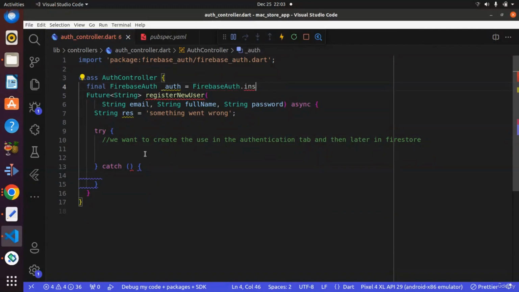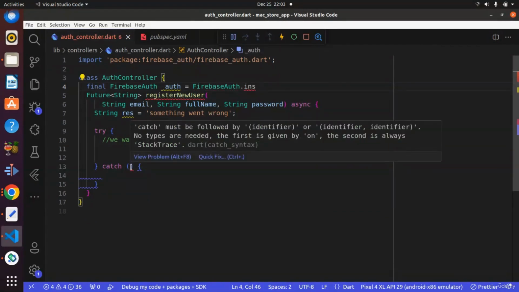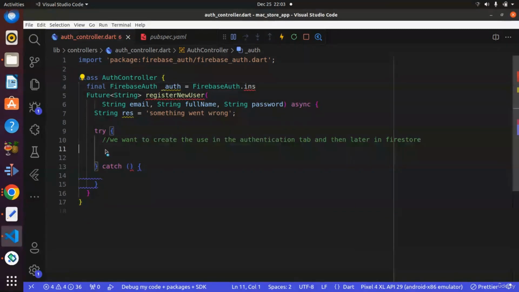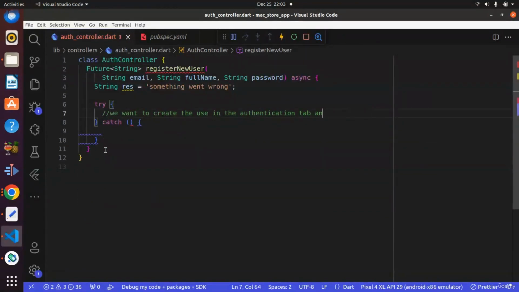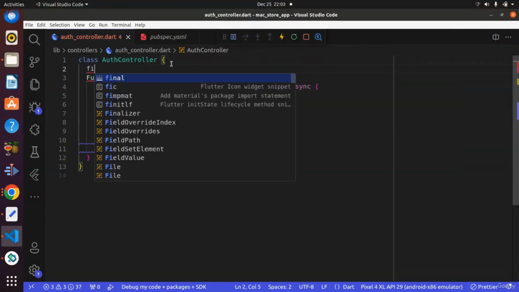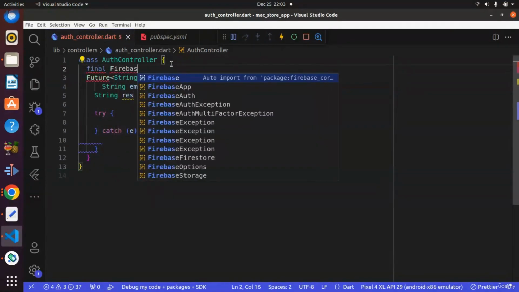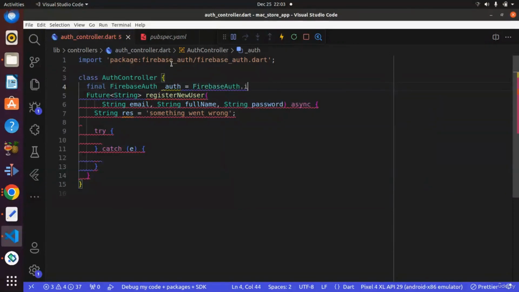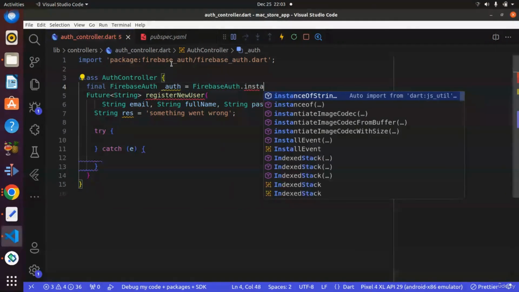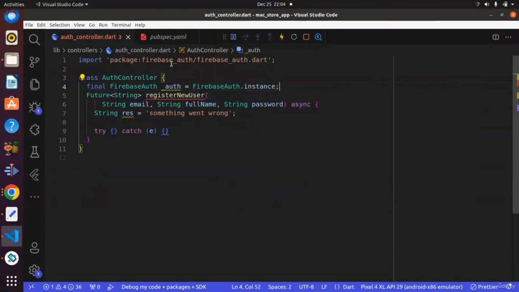Okay, Firebase, cache must follow. I'm just going to undo this. Okay, great. And over here, final FirebaseAuth _auth is equal to FirebaseAuth.instance. Okay,